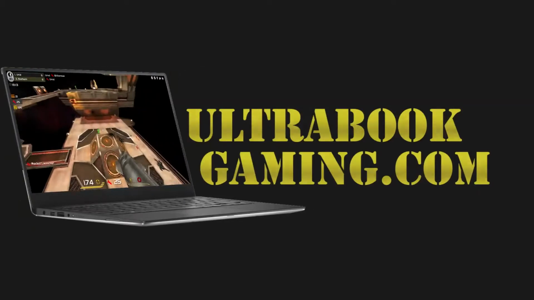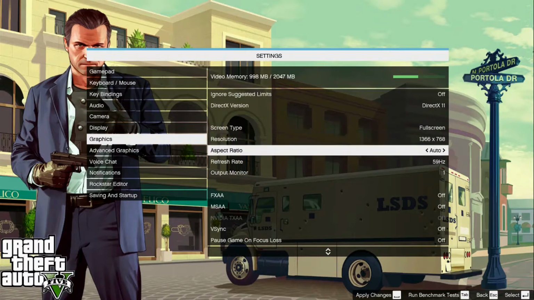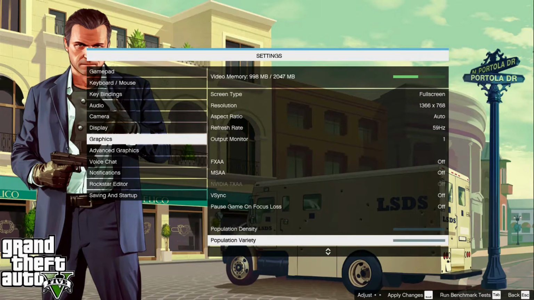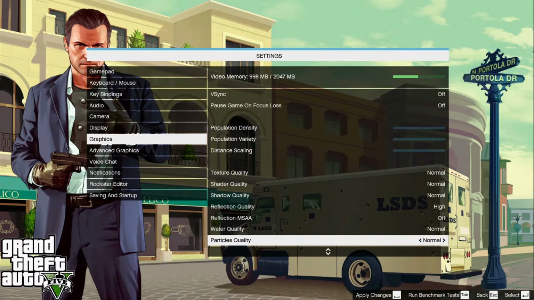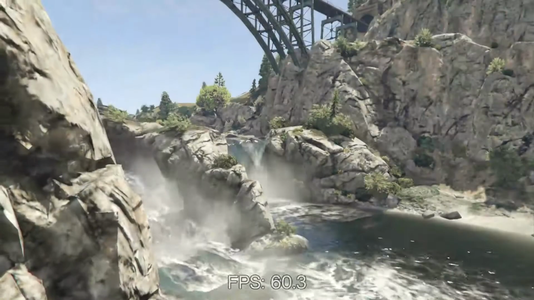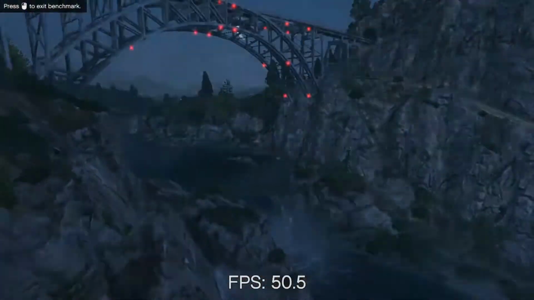Hi, I'm James, and in this video I'm taking a look at Grand Theft Auto 5 running on NVIDIA GeForce GT 840M graphics. We've paired it up with this test with an i7-4710HQ processor as well, and first of all we're running at 1366 by 768 on the lowest detail settings,